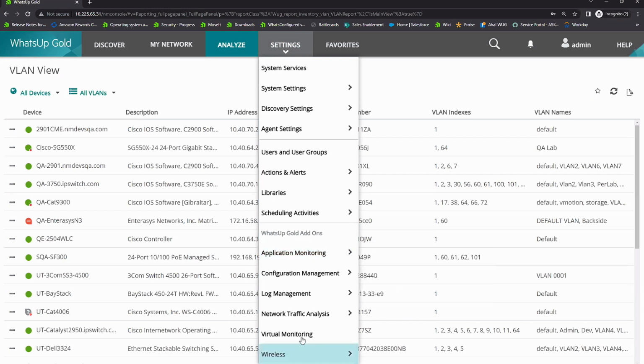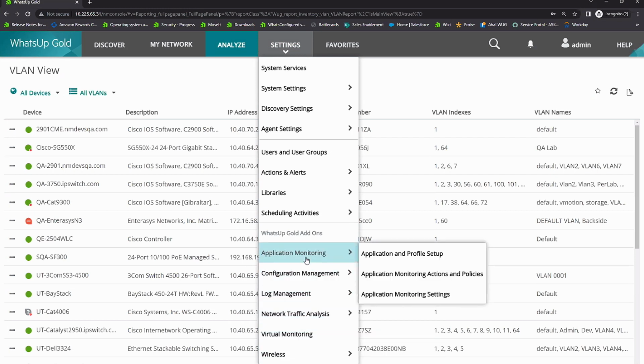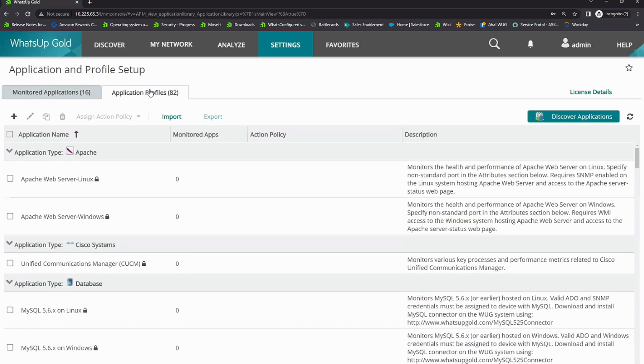And so we offer five paid add-ons. Those are application monitoring, config management, log management, network traffic analysis, and virtual monitoring. The application monitoring, simply what I like about this is that it comes with a library of what we call